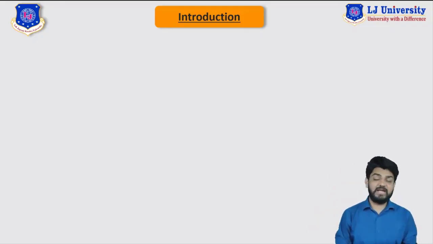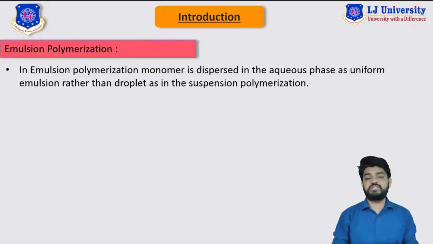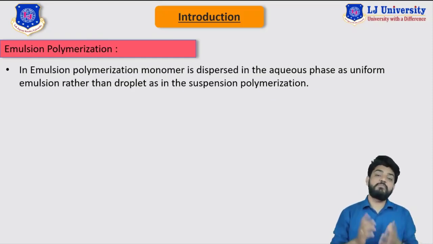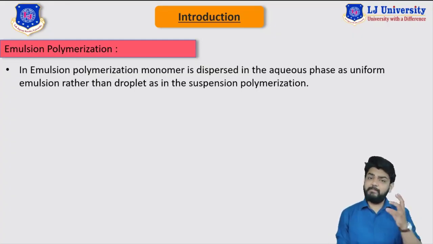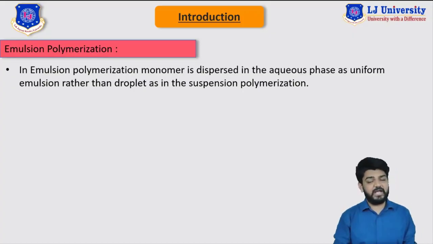Now, having said that, let me move to one of the important and widely used techniques of polymerization, and that is emulsion polymerization technique. We are very much familiar with the word emulsion, which means when two immiscible solvents mix together and produce an emulsion. In fact, we are going to see how we can produce an emulsion and what this emulsion is in this session.